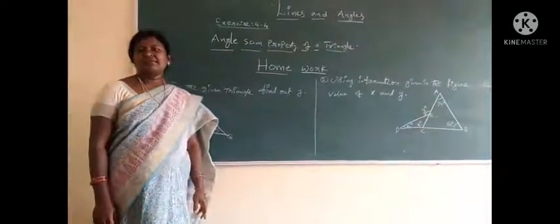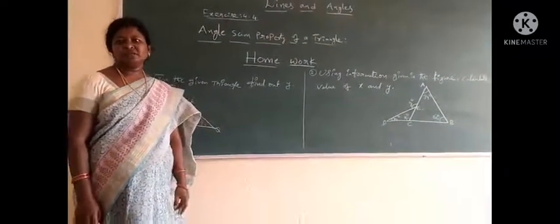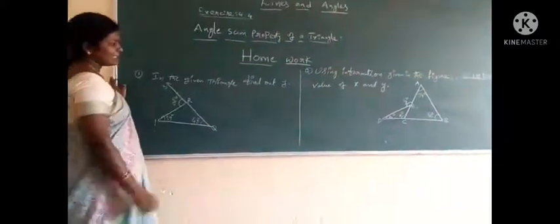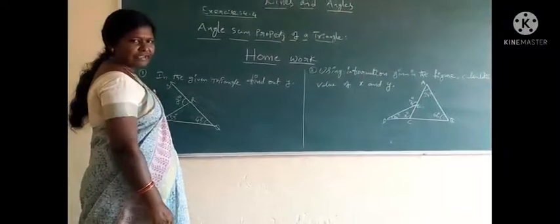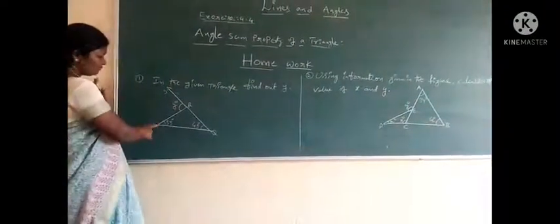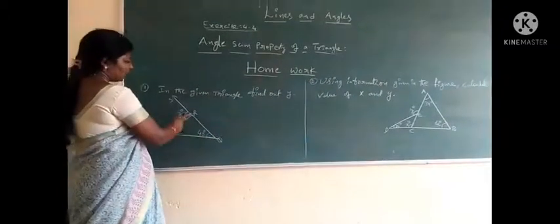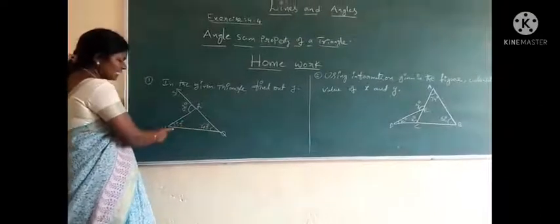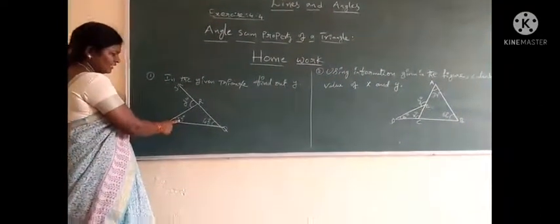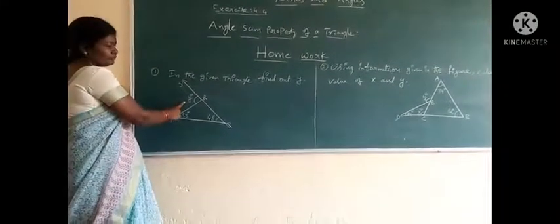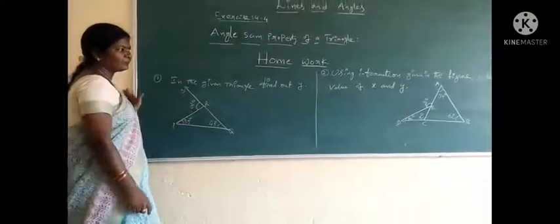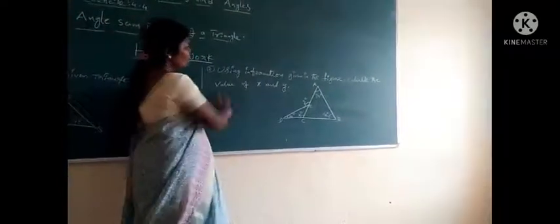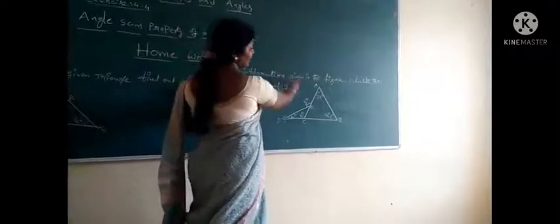Students, I am giving some more problems. Write down. First problem. In the given triangle, find out y. This is the PQR triangle. Angle R is y degrees. Angle Q is 45 degrees. Angle P is 35 degrees. Find out the y value. Next, second problem. Using the information given in the figure,